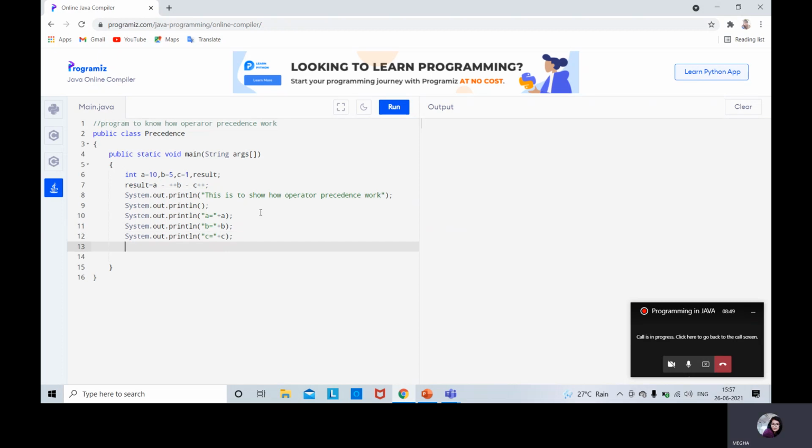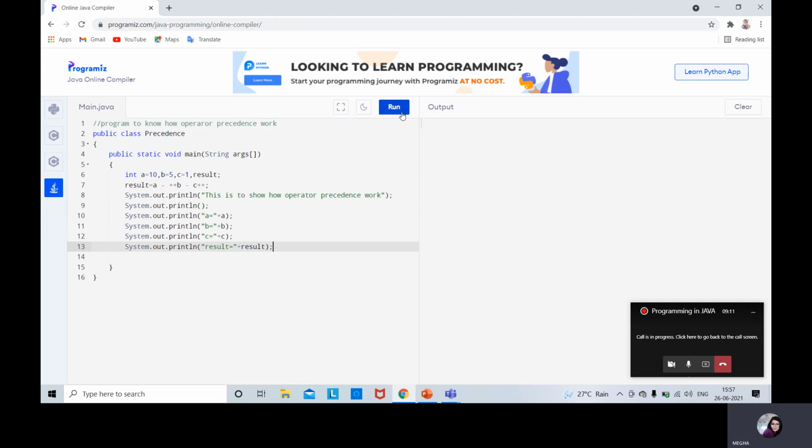Finally, we have to print what is present in the result. Therefore, the result is equal to, so the result is stored in the variable result. That's it. This is the program.